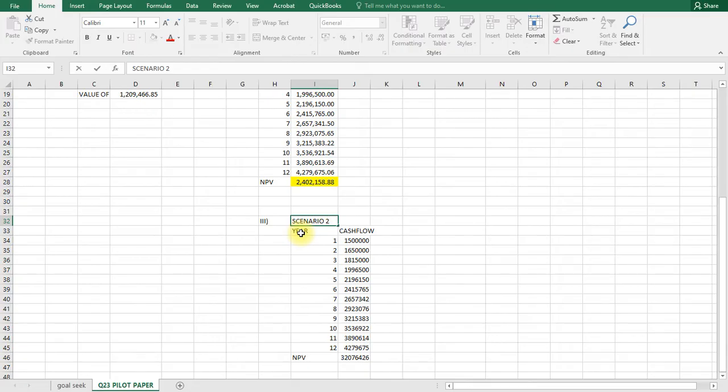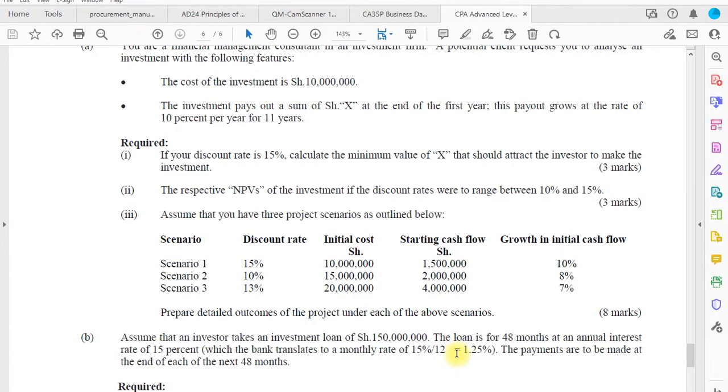Scenario 2, make it bold, and you'll find that now our discount rate will be different, and our growth rate again will be different. So for the discount rate, we are told in scenario 2 the discount rate is 10%,